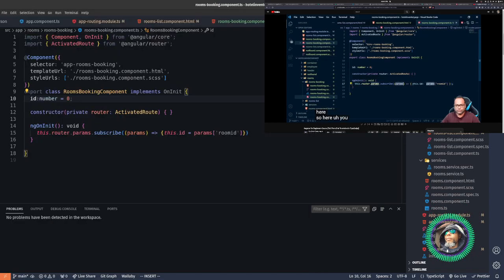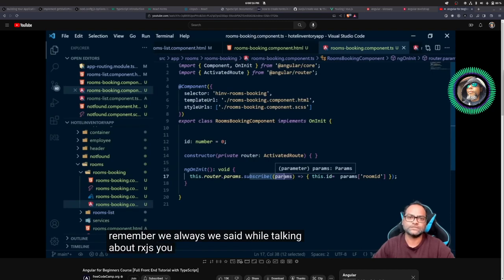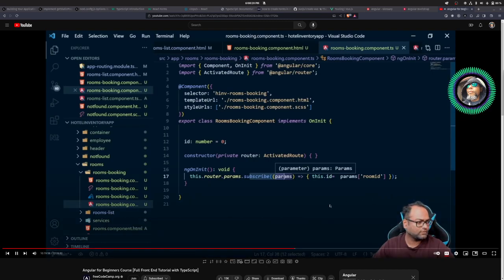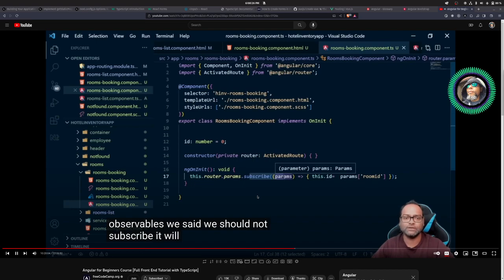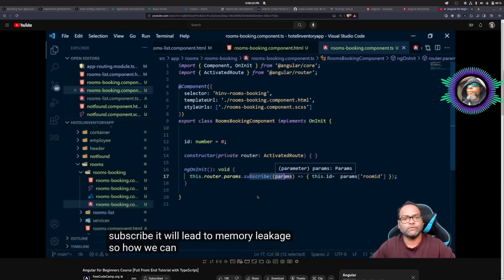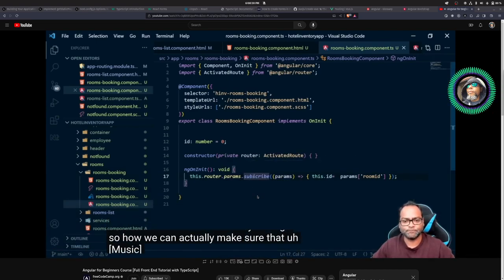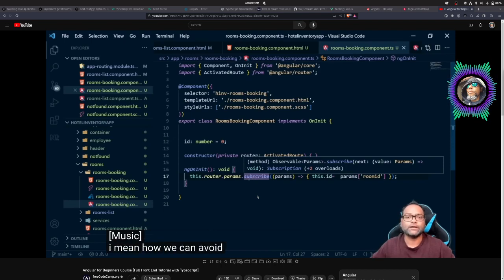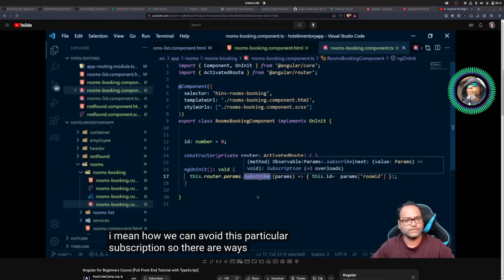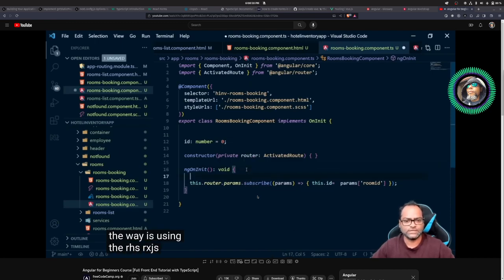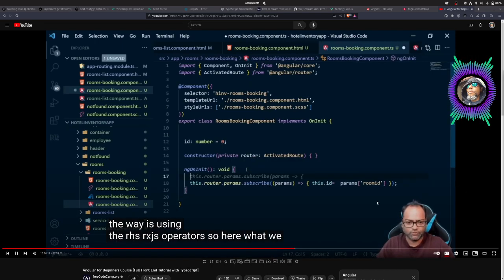Remember, while talking about RxJS and observables, we said you should not subscribe, because it will lead to memory leakage. So how can we make sure we avoid this particular stream subscription? There are ways, of course, using the RxJS operators. So here what we can do is